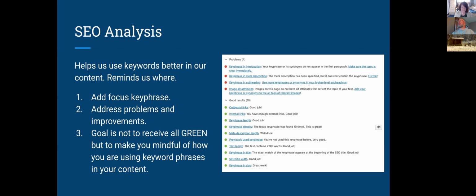It lets you know this particular article is 2,289 words. Yay, it's a nice long article, so that's good. It's also letting me know, hey, you're not really introducing your topic in your first paragraph. And you might go look at your paragraph and say, my paragraph's fine. I do use those words, just not in the order that I put them into the keyword focus field. I think it's fine. So again, don't make it like you have to get all green lights. This is more reminders for you to think a little bit more consciously about things that you might have missed,